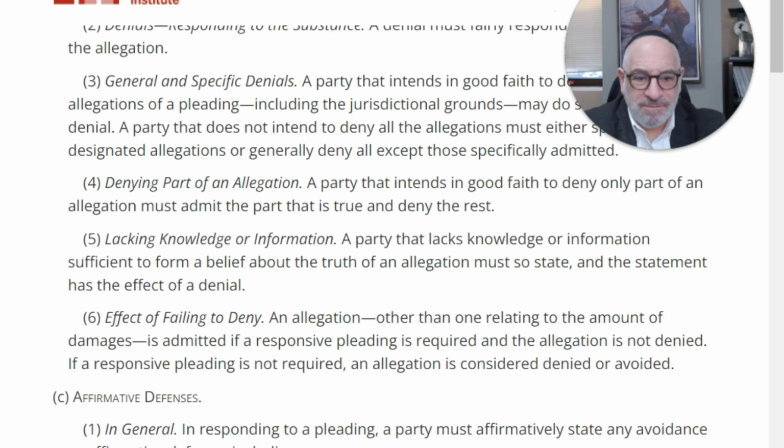Having said that, no lawyer responding to a complaint is going to leave those sections empty. If they don't have to do with you, what you usually do is respond by saying, defendant neither admits nor denies the allegations of this paragraph 25 because it has nothing to do with this plaintiff, or he takes no position on it. The lawyer has to find a way to take a position on that.